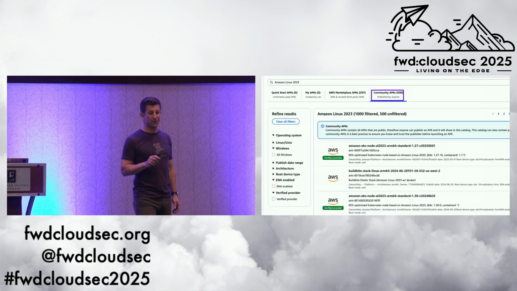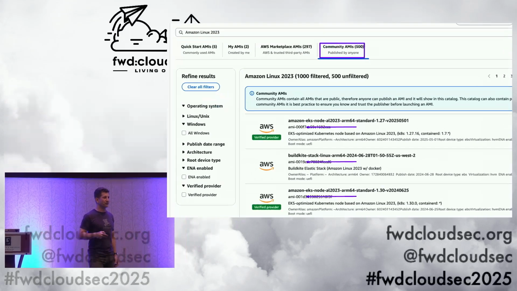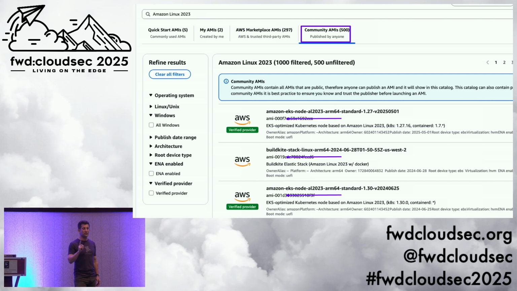What they realized, and this is pretty cool, is that when you search the community AMIs, they're ordered by AMI ID in ascending order. So they had a hunch. Well, first of all, AMI IDs used to be a lot shorter then, and there's probably a lot fewer public AMIs. They had a hunch. If I can create an AMI with a low enough ID, it might show up in those first results.